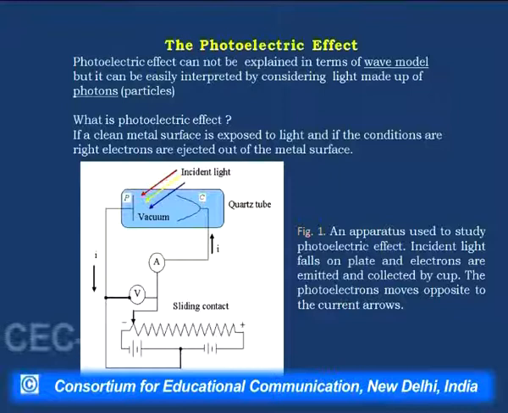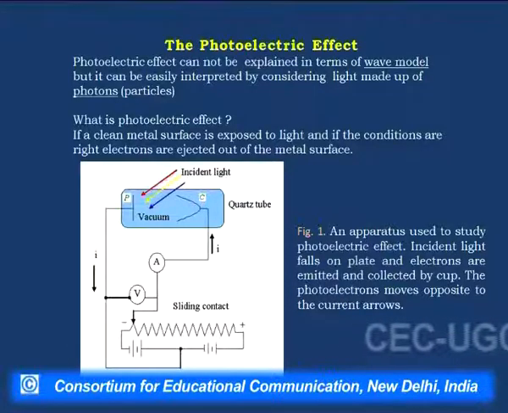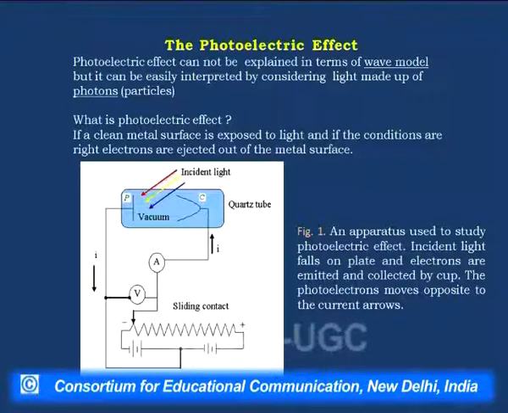Now, the problem is the photoelectric effect. The photoelectric effect, as we know, is a very simple phenomenon, and the problem was that we were so used to this wave theory of light that we have in mind, that light behaves as a wave, and we try to explain everything with that understanding. But the problem is, when this experiment was done, we got results that cannot be explained by considering light as a wave.